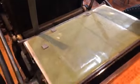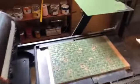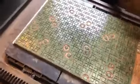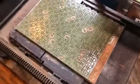However, the size of things that we can actually print on this letterpress is a lot smaller. So it's really great for things like notebooks or cards, things we make a high volume of, but it won't fit the sheets that we want to do. So this has got a bigger bed on it, so we could do prints basically up to this size, maybe a little bit bigger, a little wider. We could do a little bit longer too, potentially as well, but this is about the size limit of things that we can do in the